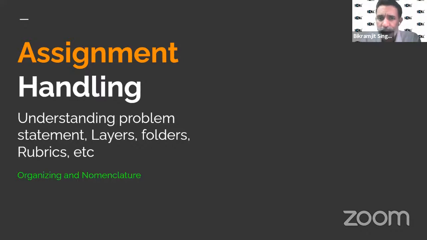Then the layers: understanding the problem statement, what exactly has been given to you, the proper structuring and arrangement of the layers, and the rubrics. Rubrics are what you'll be judged on, and you should be clear about it.